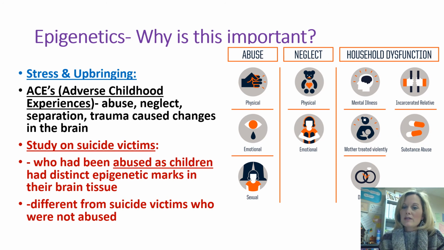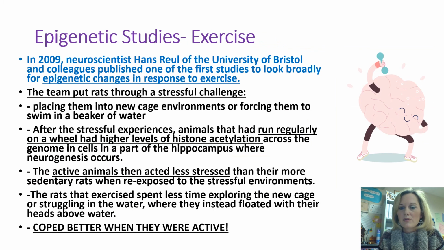Okay. So any of those could be it: abuse, neglect, household dysfunction. You can have mental illness of yourself or someone else, being treated improperly, somebody going to prison in your household. And the more ACEs you have, the higher your score, the more at risk for certain things and so forth. There are little tests you can take online that can test how many ACEs you have, and we'll be bringing this up again when we talk about clinical psychology as well. But I thought it was an important spot to put it in because of stress and upbringing.